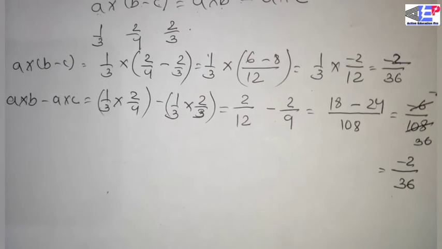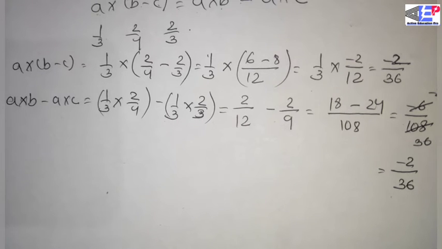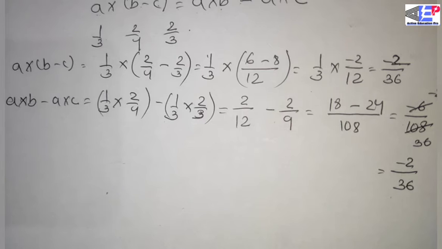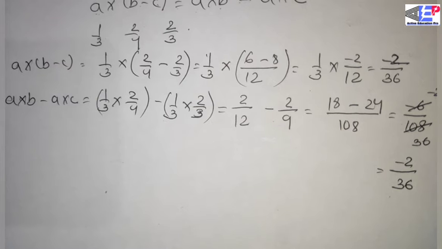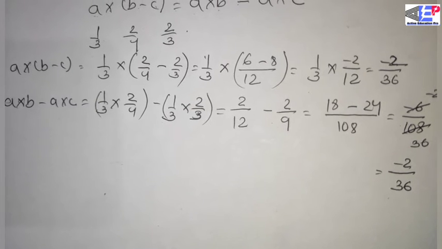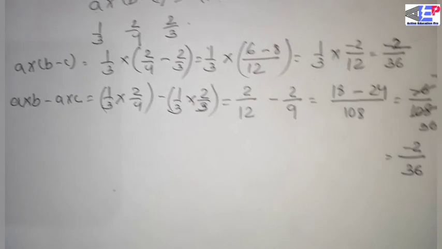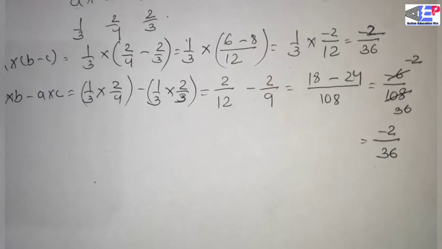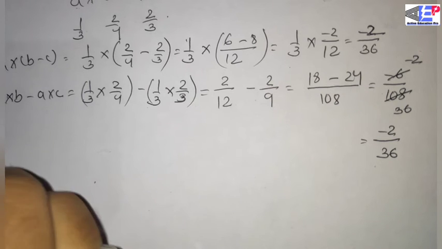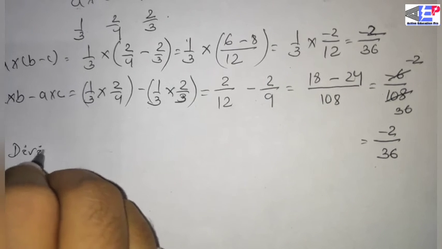Similarly, other properties, closure property, associative property, commutative property, are true for some operations, not true for some other operations. So next, let's check the distributive property for division over addition, because in this property we discussed that two operations happen together in distributive property for rational numbers. So next one is to check division over addition.